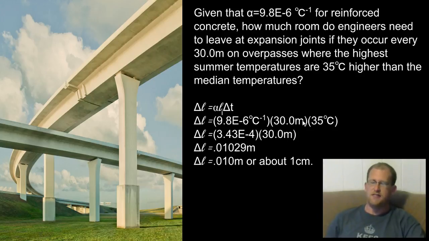Just for the sake of simplicity and showing you that the units cancel, I'm going to multiply the first times the last first. And you'll see that C negative 1 and C cancel out. Okay? So I wind up with just this number, 3.43 times 10 to the negative 4th, which is the product of these two numbers here. And then times my 30 that I had before gives me a change in length of